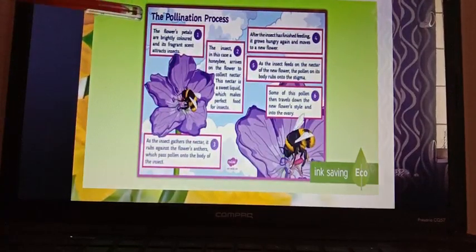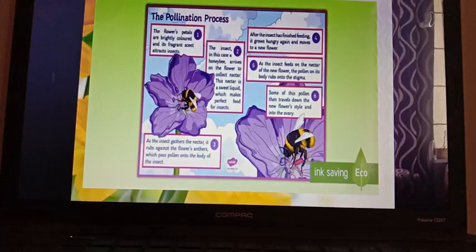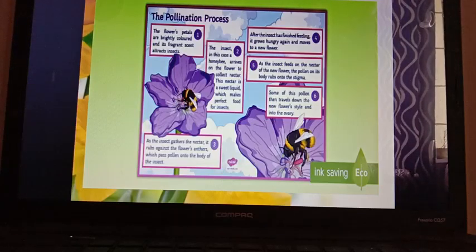First point, the flower's petals are brightly colored and its fragrant scent attracts insects. Already I have told, as the insects are biotic agents, they are attracted to the flowers by seeing the bright colors of the flowers, by the sweet scent, by the nectar. For collecting the nectar also they can come to the flowers, and by that time they are helping in the